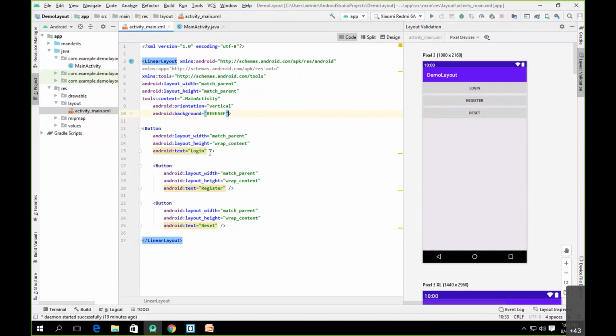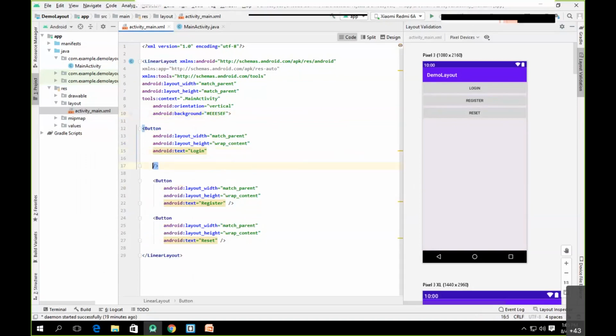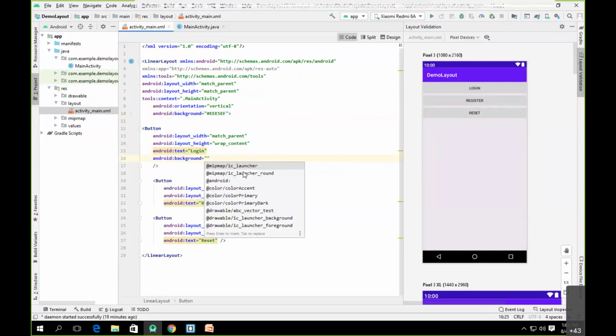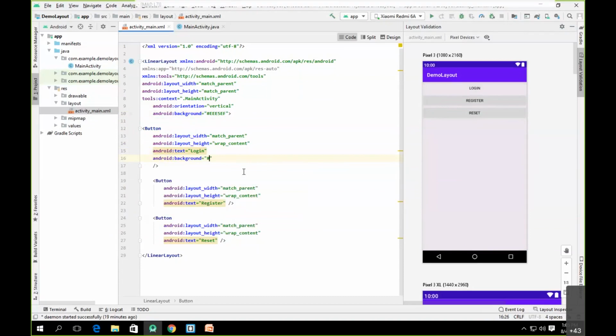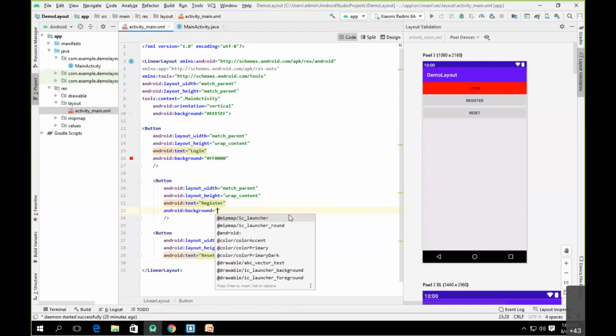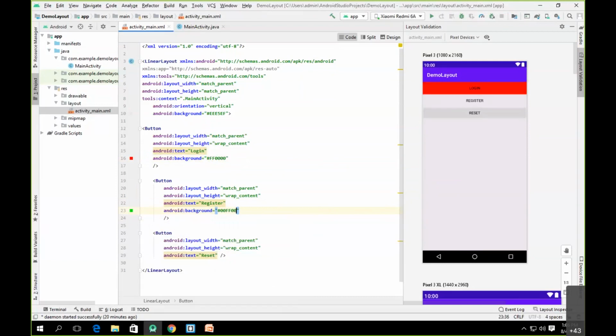Same thing you can do for buttons also. So if you want to change the background color of a button, you can select the background attribute and you can select the color. So let's say I want to give the red color to this button. So R attribute as FF. Now this color will be chosen as the background color as green. So I can say this will be 00FF00. So G attribute, that's green.